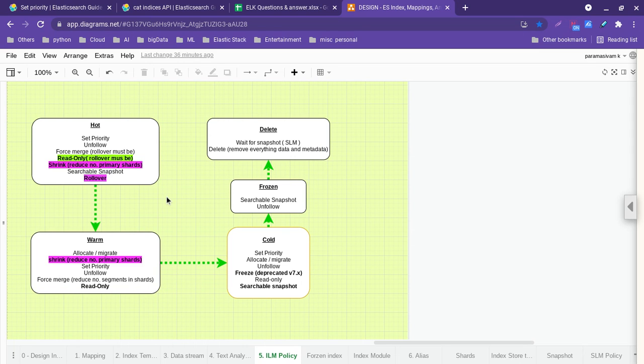For rollover, A0 has reached its size, so the rollover condition is met. Now A0 has to be moved to the warm phase. Once A0 is moved, A1 has to be created and A1 has to receive all the write requests, right? Now we call A0 the leader index and A1 the follower index.